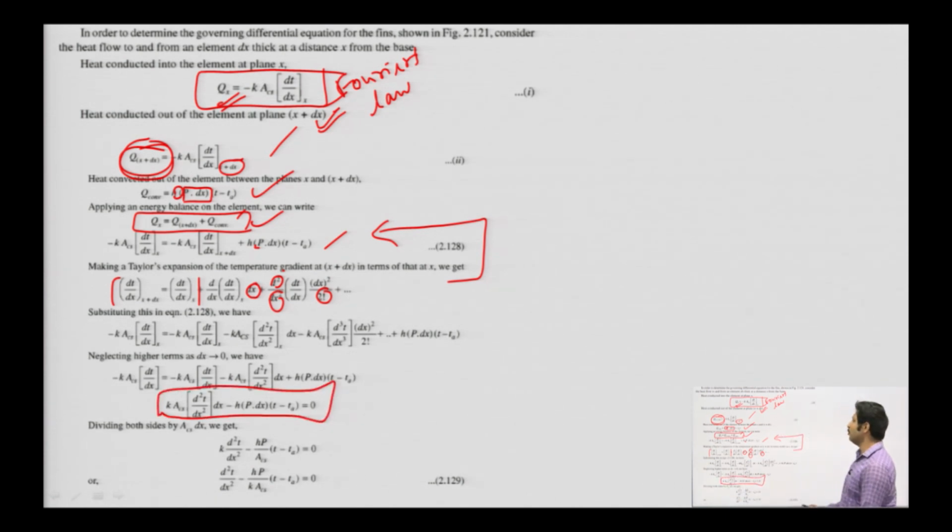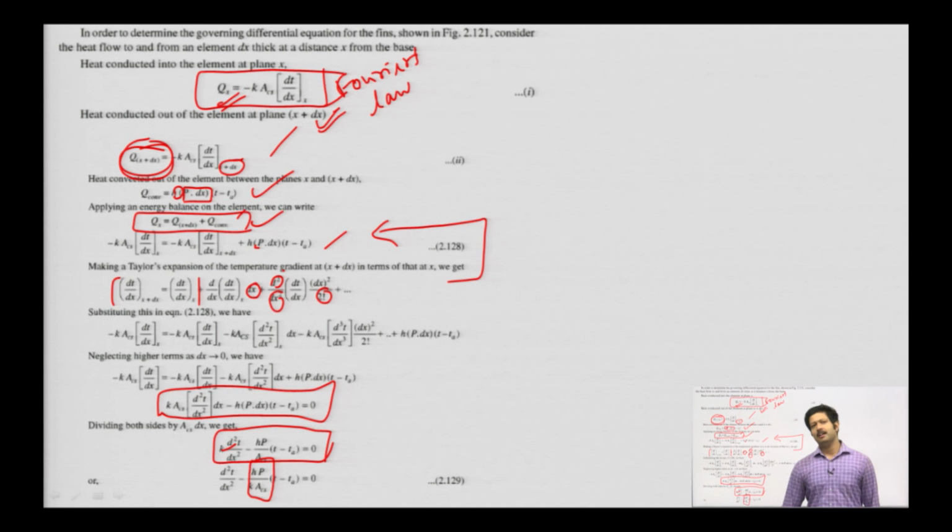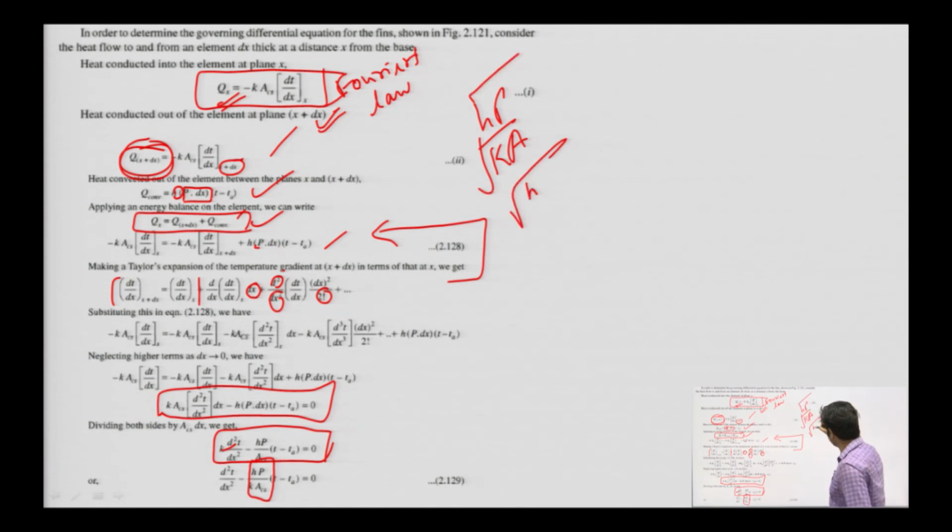Okay, now dividing both sides by the cross sectional area, so you have this. It's just a normal thing, so just divide this by k throughout, so it will be here. Do you remember what this was when I was teaching you the fins? What was this? hP by kA. Can you tell me, or for that matter, what was root over hP by kA? This was actually the fin parameter represented by m, and it's a very important thing.